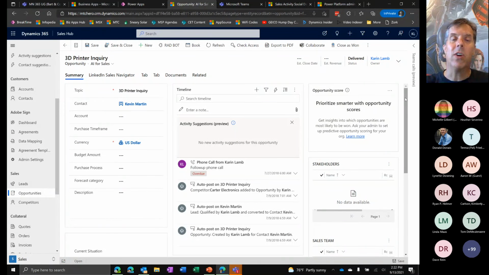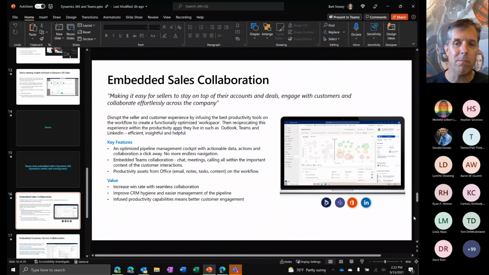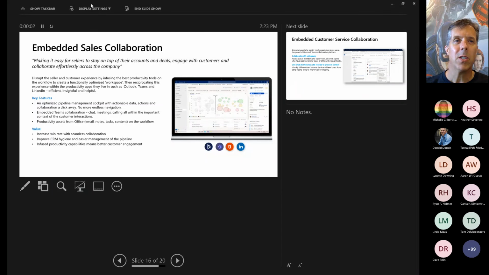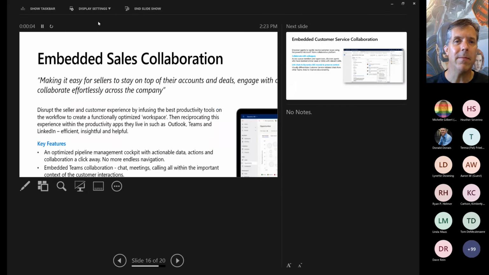Also, this is to round out that experience so that you can do all aspects on either UI, depending on where you typically like to work, in terms of chatting, sharing records, sharing data, sharing files. We've got most of it there. We just don't have that last Teams chat functionality showing up in this area yet. I think in my presentation, I've got a little preview of what that's going to look like. I might as well show it since it's here and we've got a few more minutes. Switch my display settings around again.